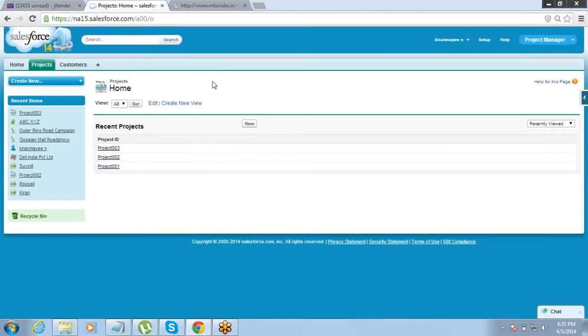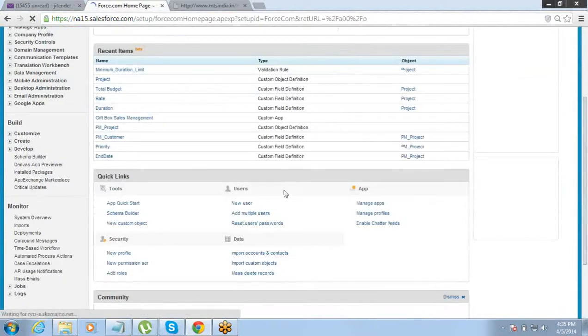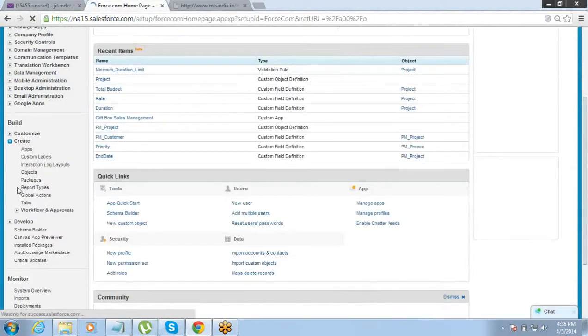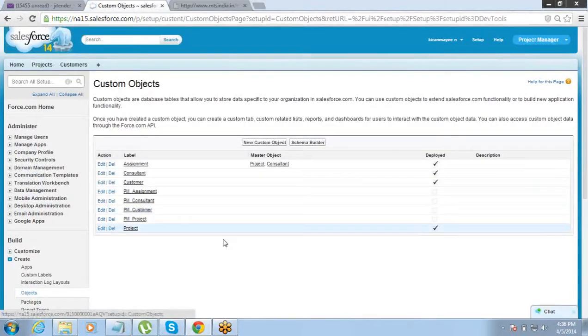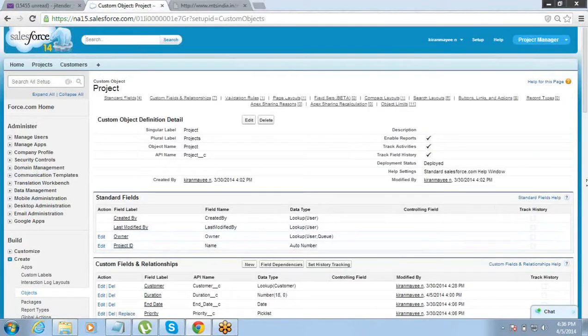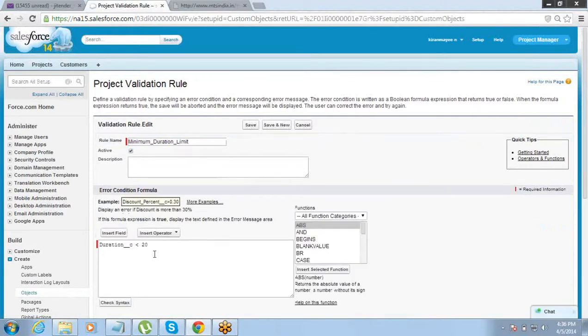Then what do we do? We have to go to that object and define it. So let me go to the same validation rule and try to edit it.